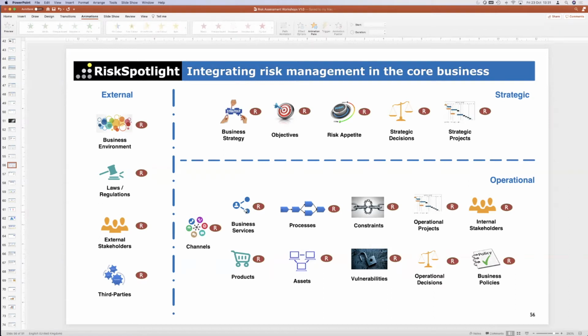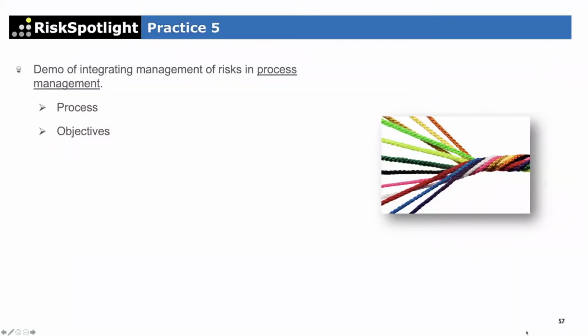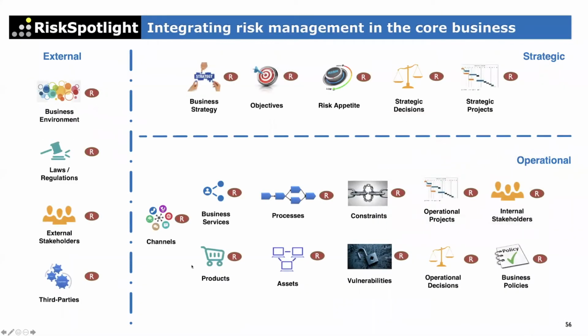Yeah. So that is where the solution comes into play. I've shared an example of process and objectives, but of course we've embedded the risk in all of those elements. So whoever is managing a third-party relationship with IBM can now just measure the risks, controls and actions needed to manage the risks related to that IBM relationship. Similarly, if somebody's managing a project, they can manage the risks related to the project in the same place where the project details are also highlighted.